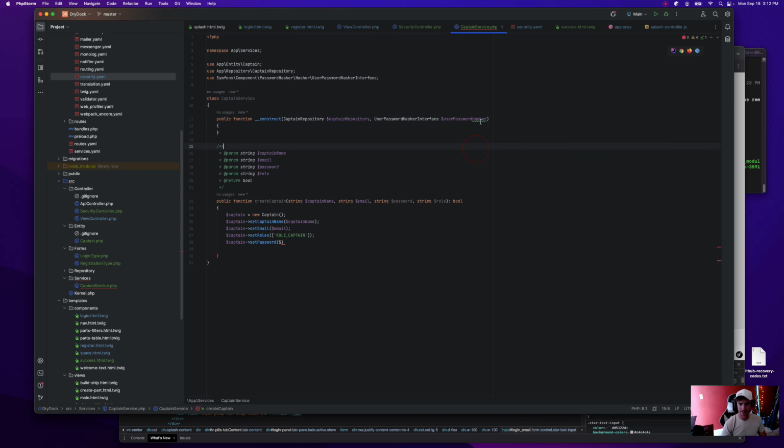Cool. Doesn't like that. PHPStorm doesn't like how that's spelled. That's interesting, that's a new one. Okay, cool. We shouldn't have to set those in the constructor because of autowiring. So we should be good because they're singletons. Or maybe we do have to set them. This might give us issues. Yeah, it doesn't like it. But if you look at autowiring, it should be fine. Why are you so unhappy?